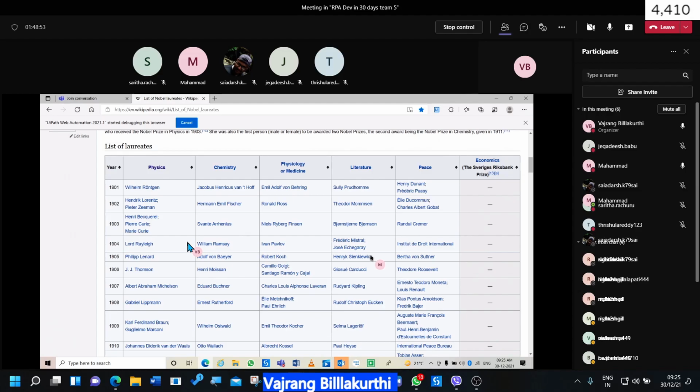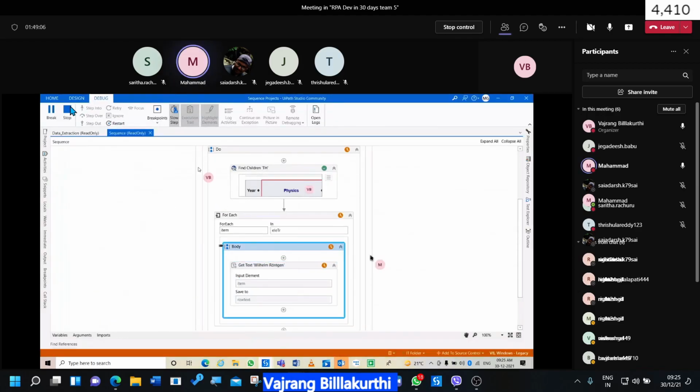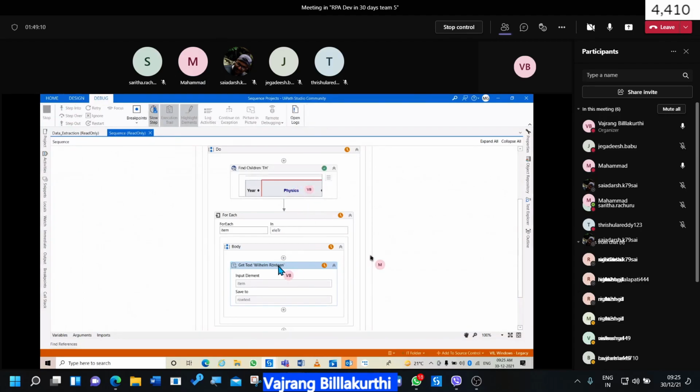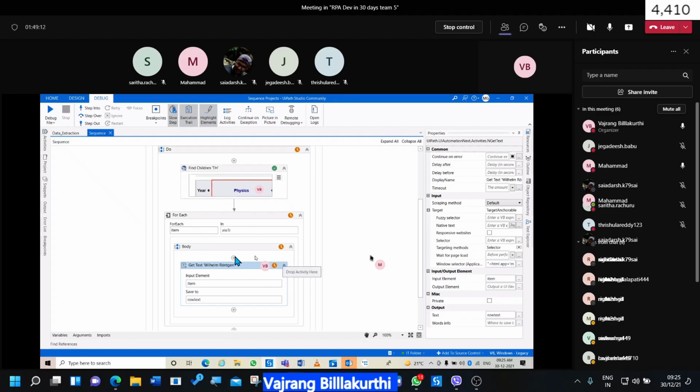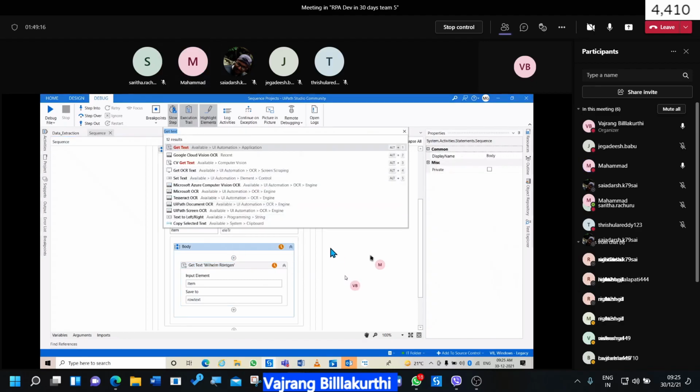Now a TR will have a TD, is it correct? Yes. Now you need to stop over here. Stop it. So a TR will have a TD, right? Again add find children.